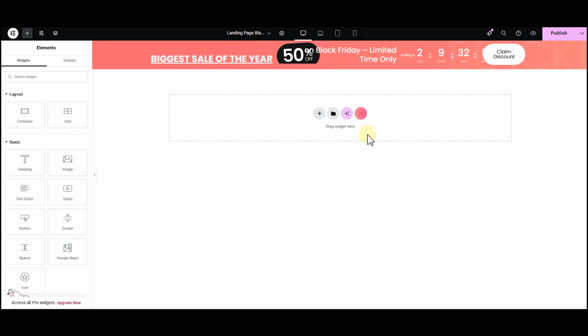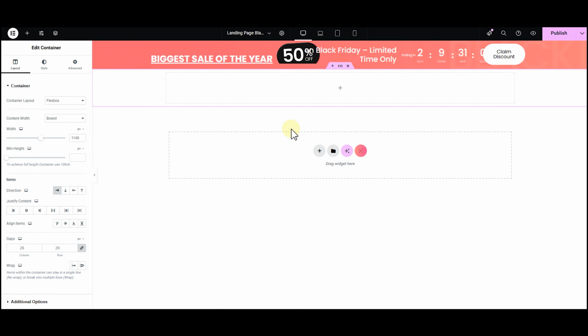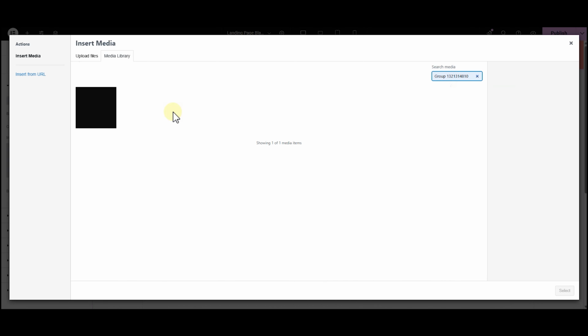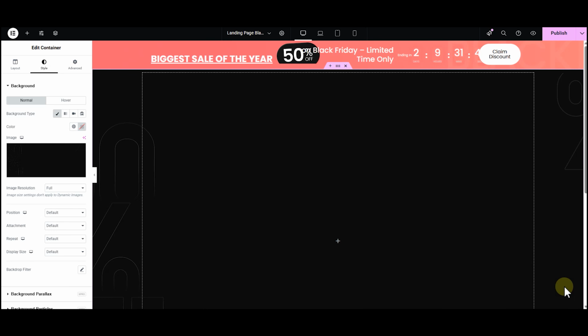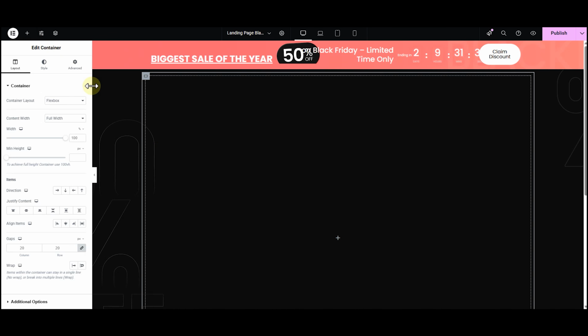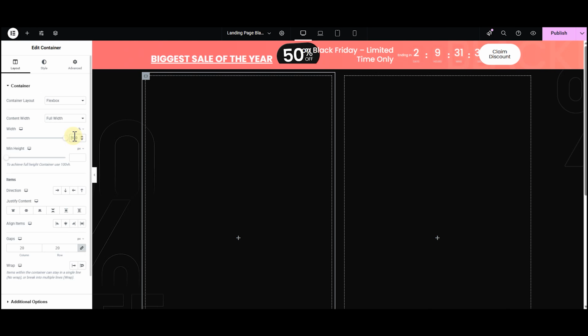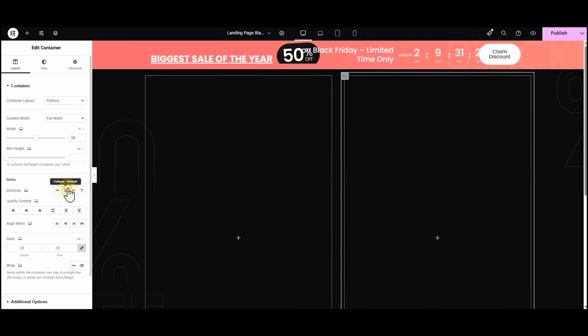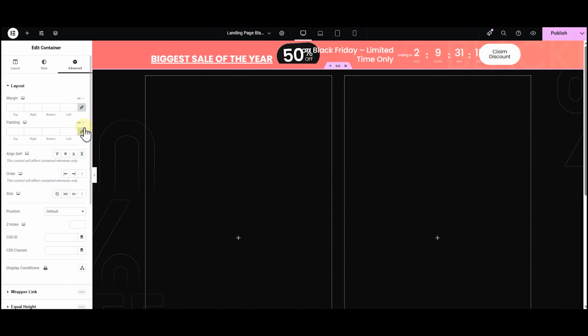Now for the main banner, this is where you create real impact. I'm adding a large flexbox container with a row direction, setting the content width to boxed, setting the height and width, and adding a dark, dramatic image background that screams Black Friday. Now inside, I need 2 containers side by side, so I'm dropping in those, width to 50% each, and setting the direction to column. Then giving the main container around 200 pixels padding from the top.